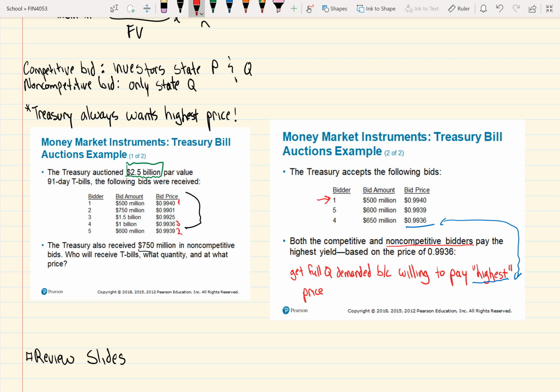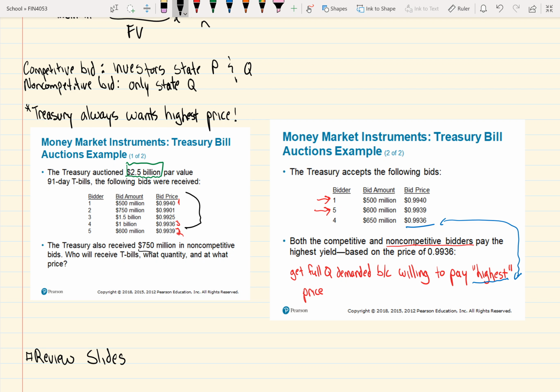And then the second highest price is here, the 2. And then they're going to sell that to bidder 5, as you can see here. So that's pretty straightforward, that's pretty easy. But then the third highest price is where I've marked the 3 here, 0.9936. So at that point, the reason that they don't, and this bidder wants 1 million, so let's add this